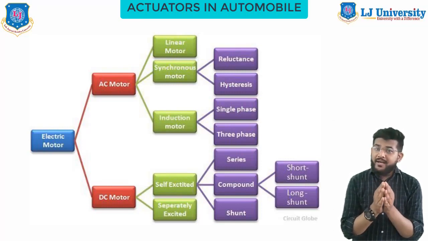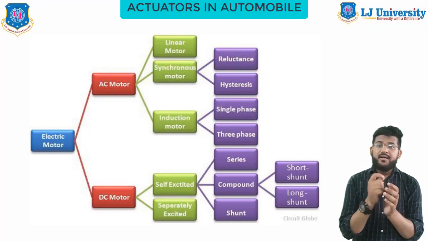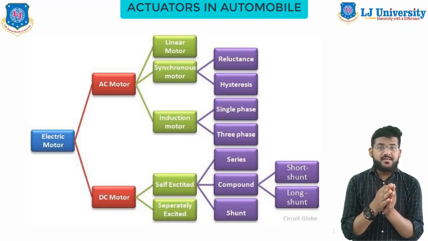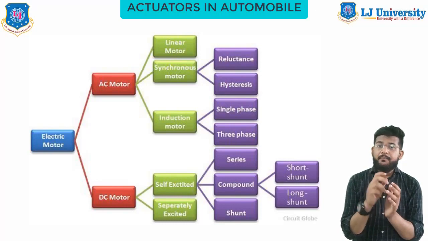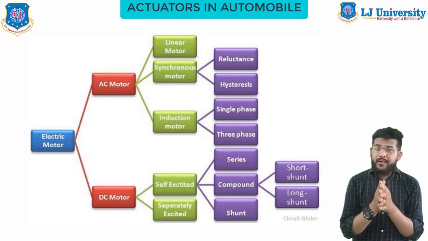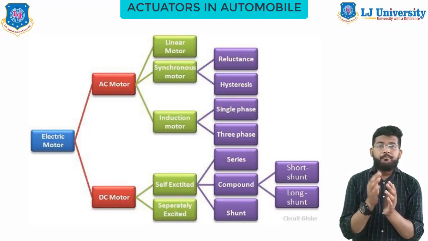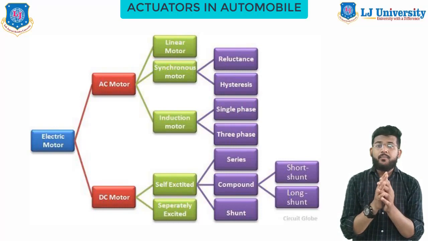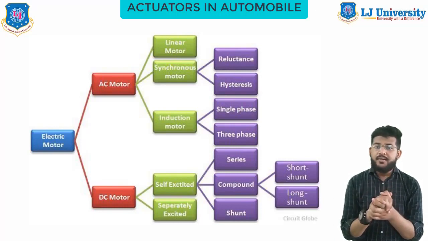Now depending on the way the magnetic field is created, electric motors are classified into two types, namely permanent magnet motors and electromagnetic motors. Special cases of motors include stepper motors and brushless DC motors. Stepper motors are again classified into permanent magnet, variable reluctance and hybrid types of motor. Now these are used in many electronic portable applications and electric motors are classified like this.